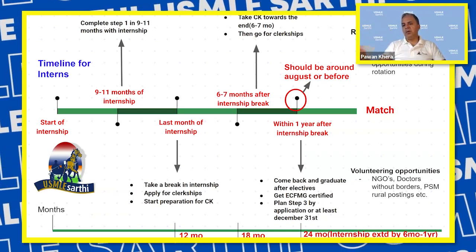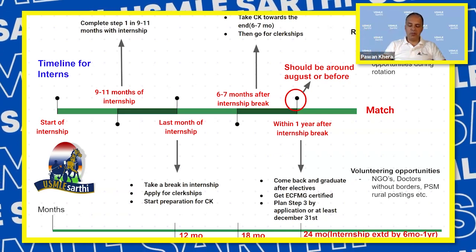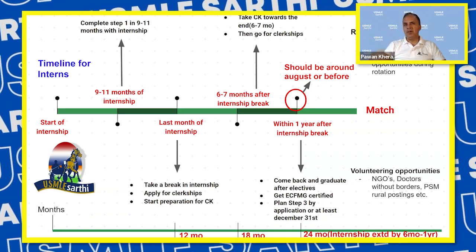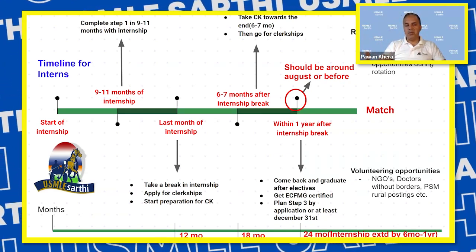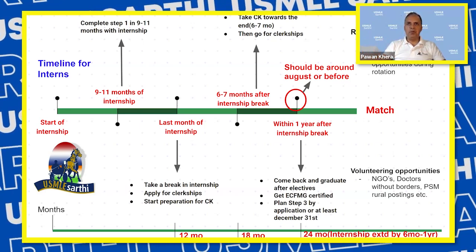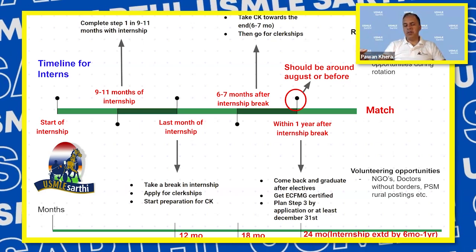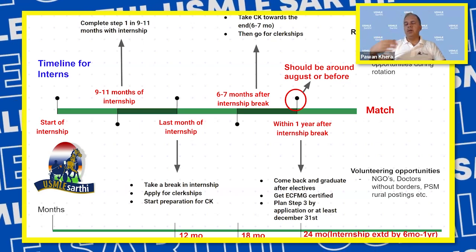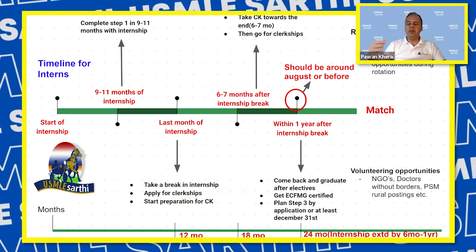USCE is very critical, but I do get a lot of questions. Step 1 is pass/fail now. Can I just do it in 1 month? I still recommend 3 to 5 months of Step 1 prep, because the basics that you get from Step 1, you really will need it in CK